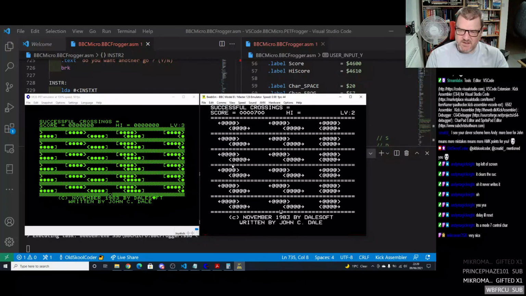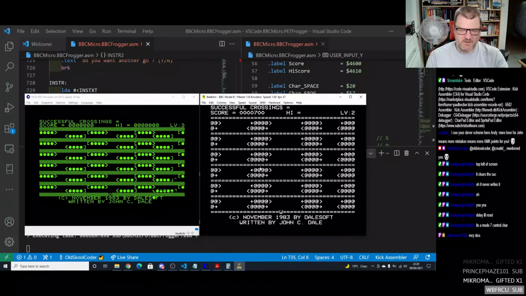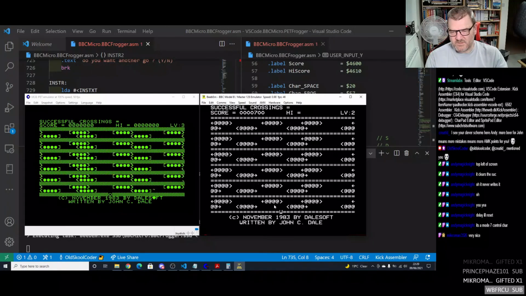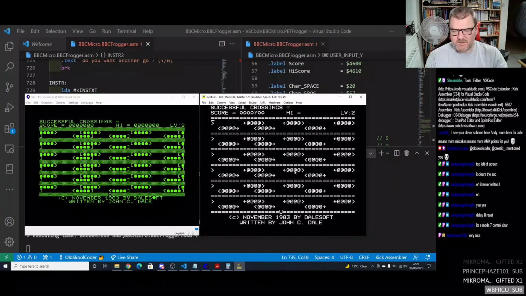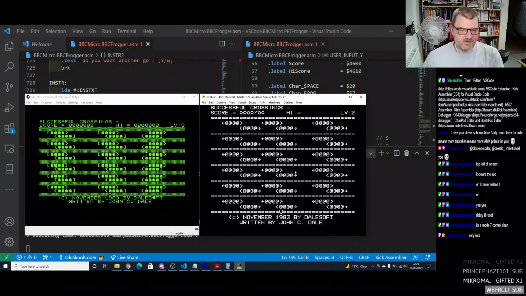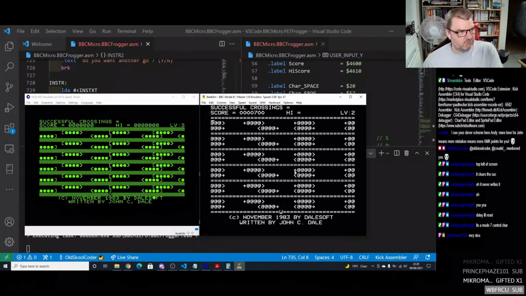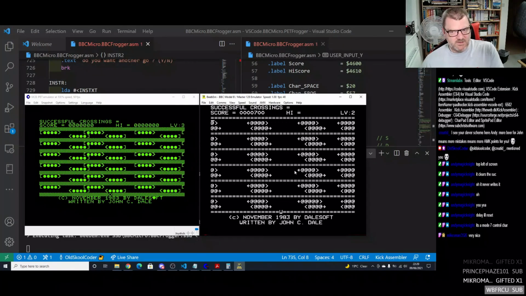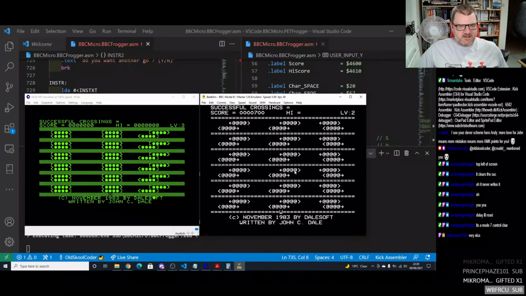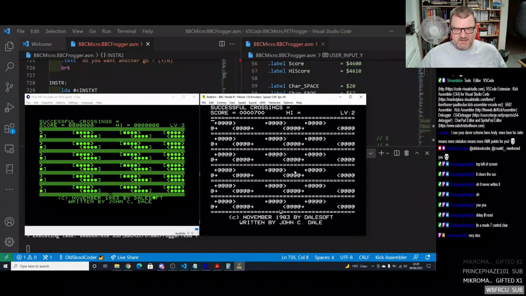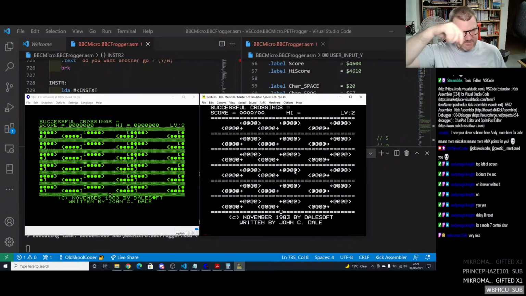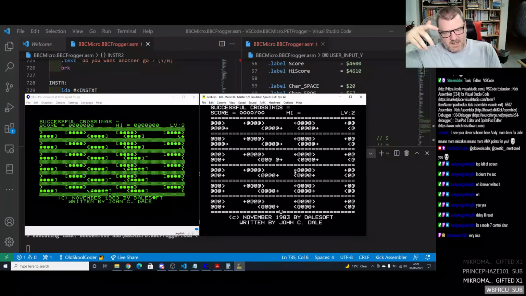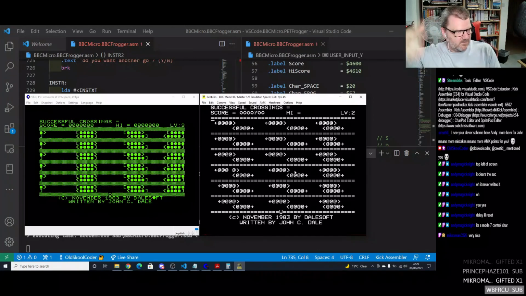Also, at the moment everything is the same speed. But what we could do is have different speeds for the different lanes. So each lane is not the same speed. We could make it go faster or go slower and stuff like that. So these are things that you do when you want to make a game better. But the purpose of today was to show you how you can convert a Commodore game, in this case